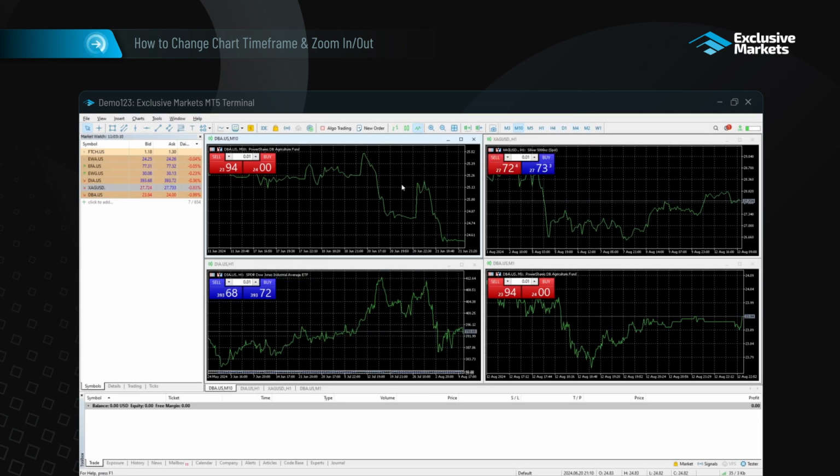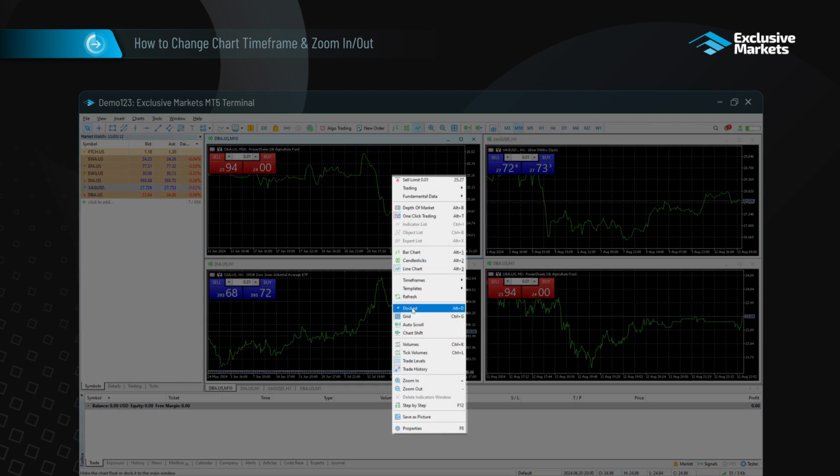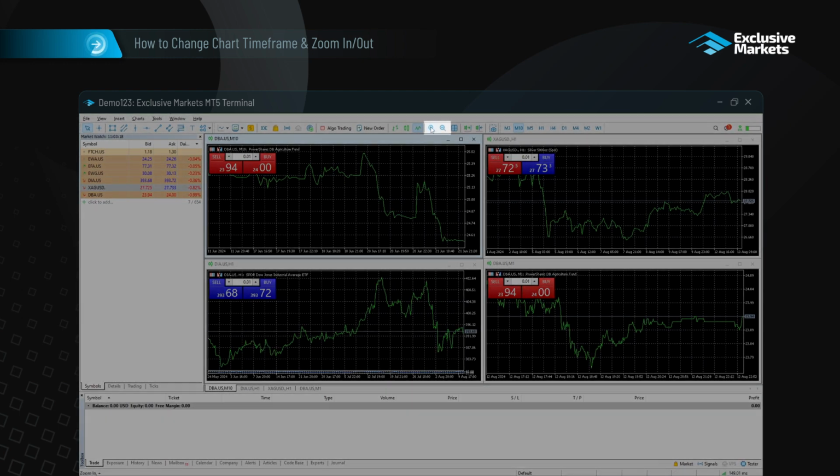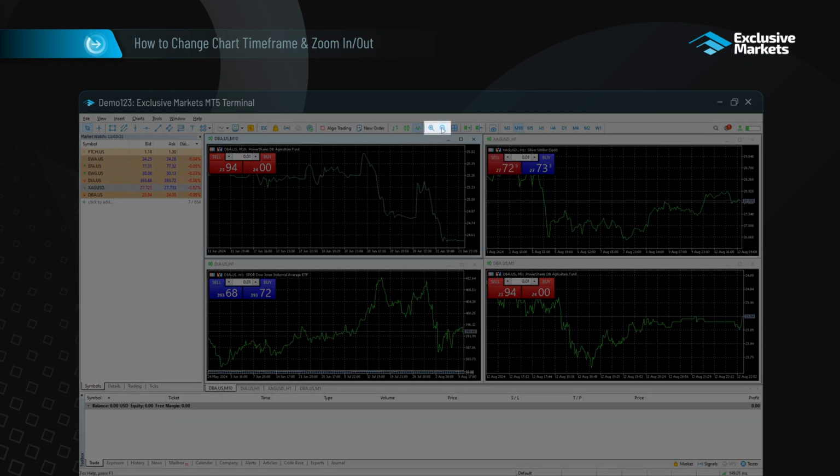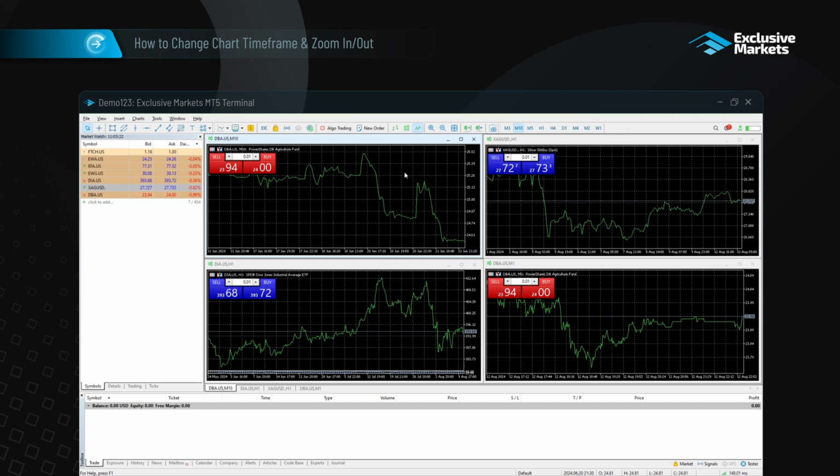Additionally, you can zoom in and out on a chart. This can be done by right-clicking on the chart and selecting either Zoom In or Zoom Out, or by using the Zoom quick bar buttons at the top of the platform. You can also use the plus and minus hotkeys on your keyboard to zoom in and out of the selected